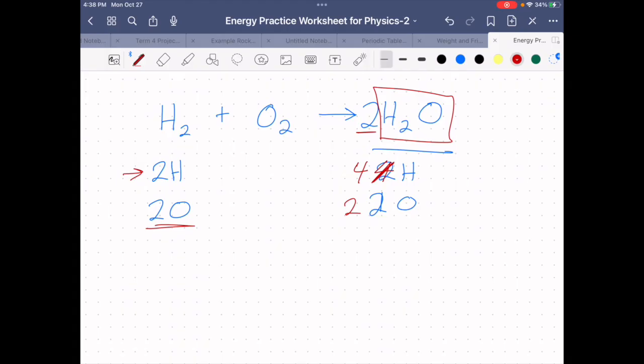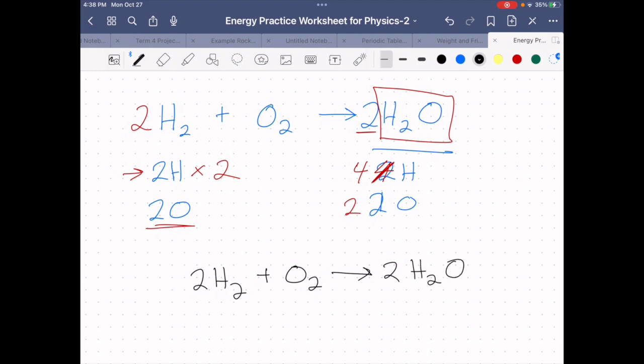But at the top, we need 2 hydrogens. So we need to times that by 2. We need to multiply by 2. So we're going to put a 2 out in front of the hydrogen. Now what this means is we have a balanced equation that I'm going to rewrite at the bottom as 2H2 plus O2 yields